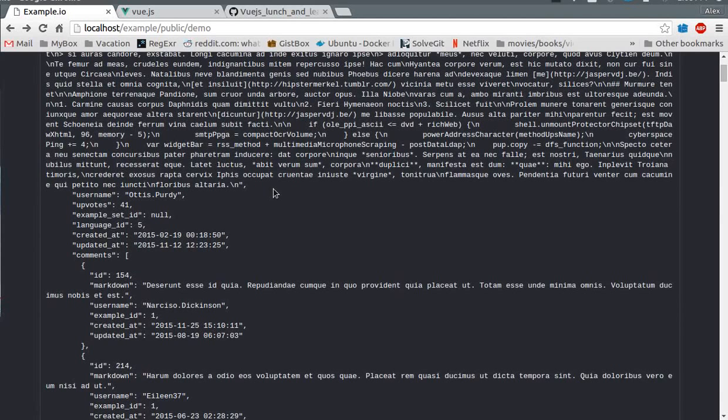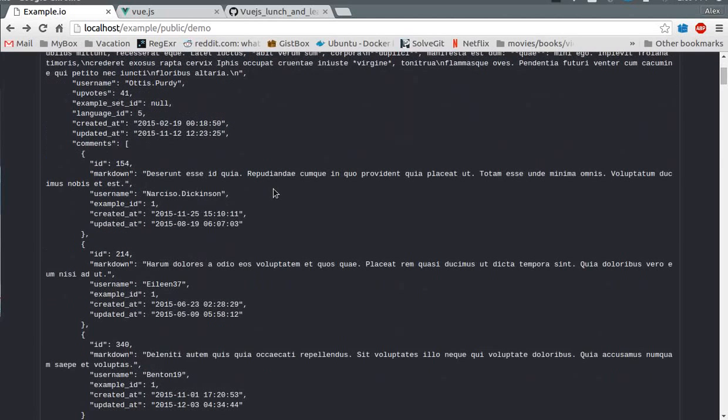It has an example set ID. We don't use that because that's something else I'm trying to build into this app. It has language IDs. I don't use that either, but that would be something like PHP or JavaScript. It's just an enum. It has created and updated ats, and then it also nests inside of this one example